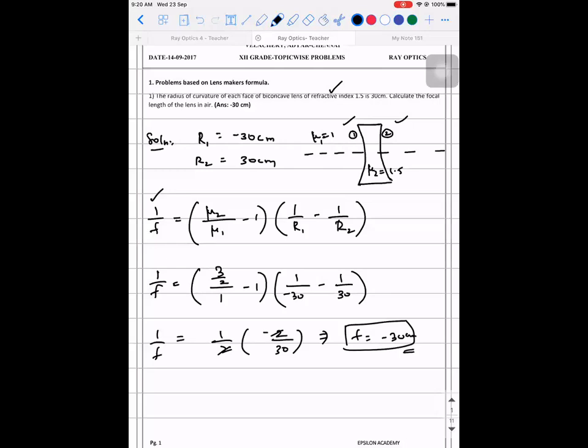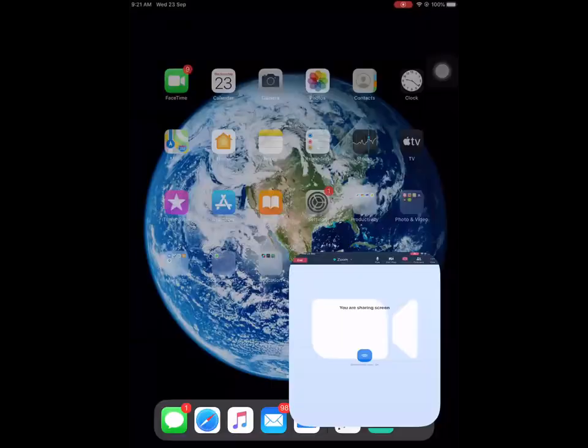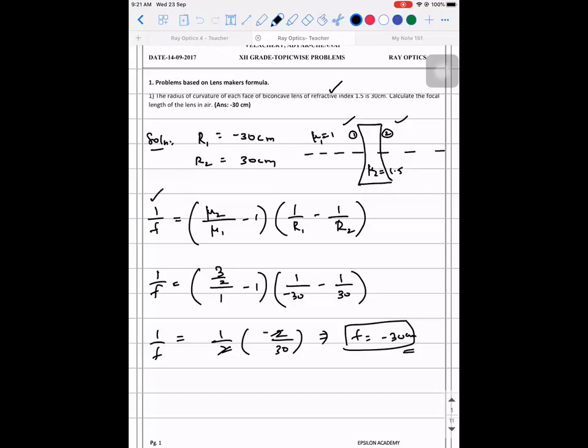In this case, what is happening? The focal length is equal to radius of curvature. Is it possible? We learned that focal length is half of the radius of curvature, right? But how in this problem, how is it coming exactly equal to 30 centimeter? That is the radius of curvature. Then what difference does it make? Are you guys able to understand what question I'm asking? Right, till now we had been discussing saying that focal length is equal to half of the radius of curvature. But in this problem, we are saying minus 30, and yes, we are able to see that minus 30 is the right answer also. But how is it possible?